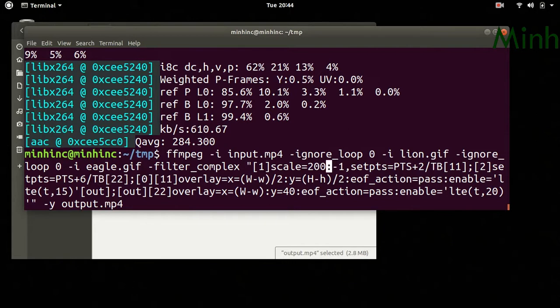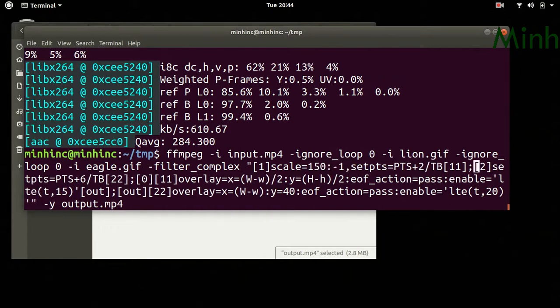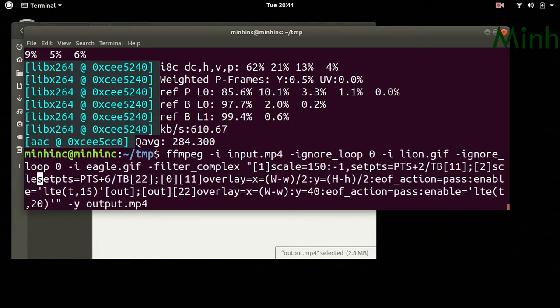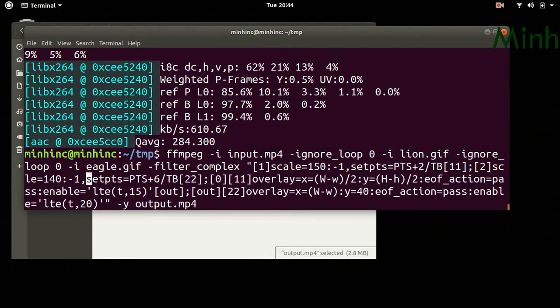So we'll make it something like 150, and the eagle also we will place with scale equal to 140 by -1, and let them run till the end. So probably this till 25, and this also some 30.